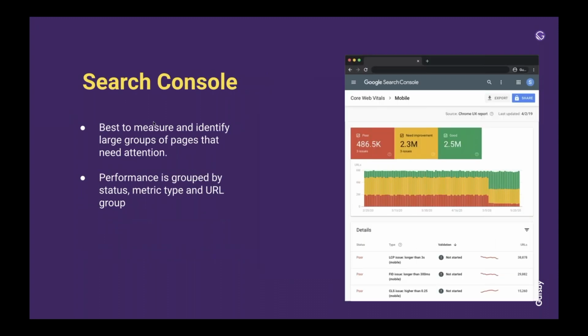Yeah. Search Console. I think in aggregate this is the best one to just get a healthy view of your actual website. It shows Core Web Vitals across all of your web pages, not on a page by page basis, but giving you a breakdown of the pages. Yeah, and it does some quite intelligent grouping, not just by URL patterns, but it tries to do a little bit of machine learning and says things like, okay, here are 1,000 of your product pages and here are 300 of your blog posts, and tries to find similar issues across similar page types. If you're debugging this sort of stuff, more often than not you want to be doing it at template level rather than page level.